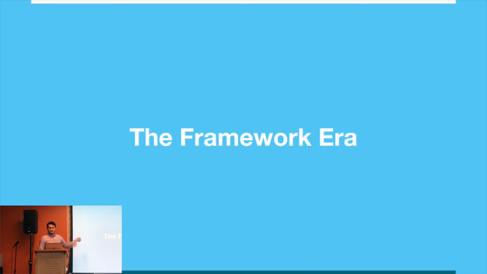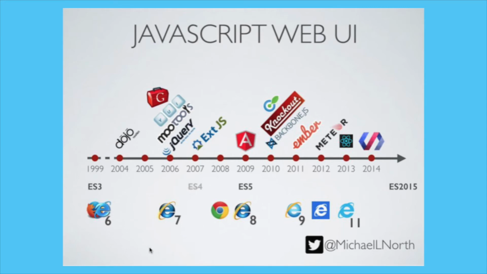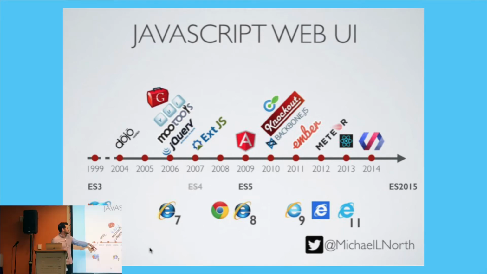Now, let's talk about the framework era. This is where things start getting juicy, really juicy. So this is just a timeline I wanted to show you, right? Look at the dates again. So 99, 2004, nothing happens in 2005. 2006, this thing called jQuery comes out, right? If you remember all those timelines, all those dates? 2006 is where the magic happened. I don't know where I was at in 2006, to be honest. I think I was in middle school, but I know it wasn't nowhere near a keyboard to develop. And then, I have the rest, right? But I just want to show you there's a timeline that exists.